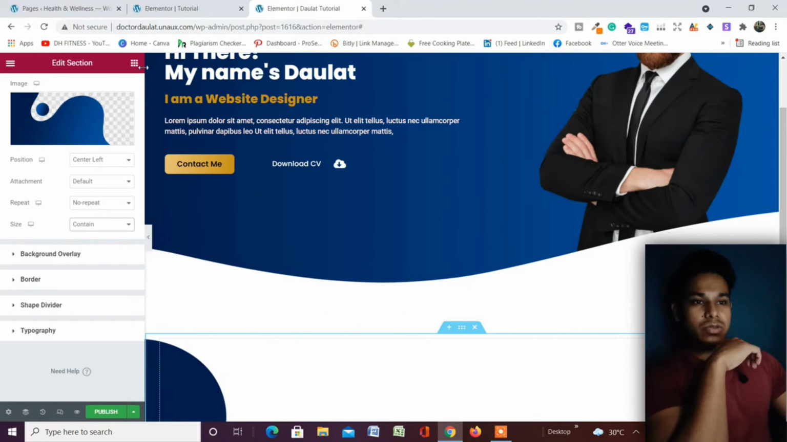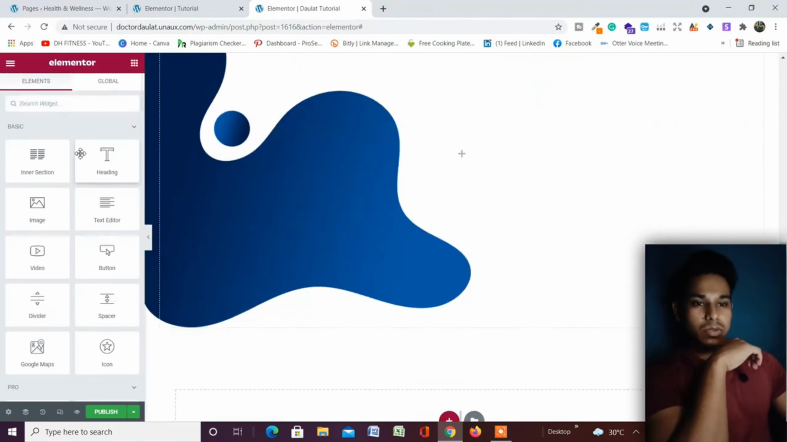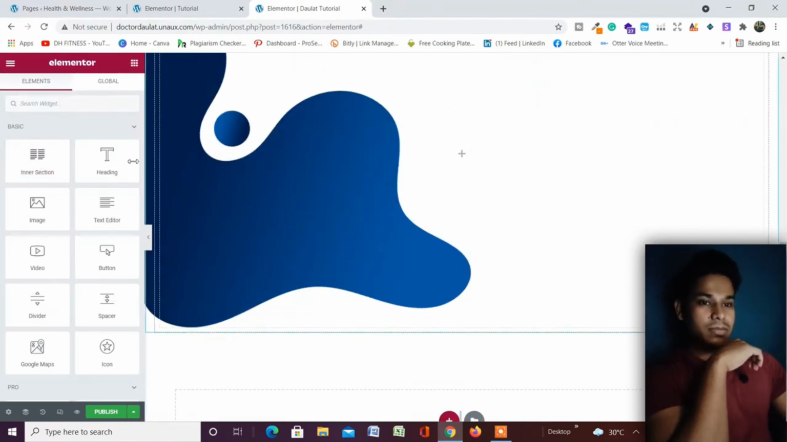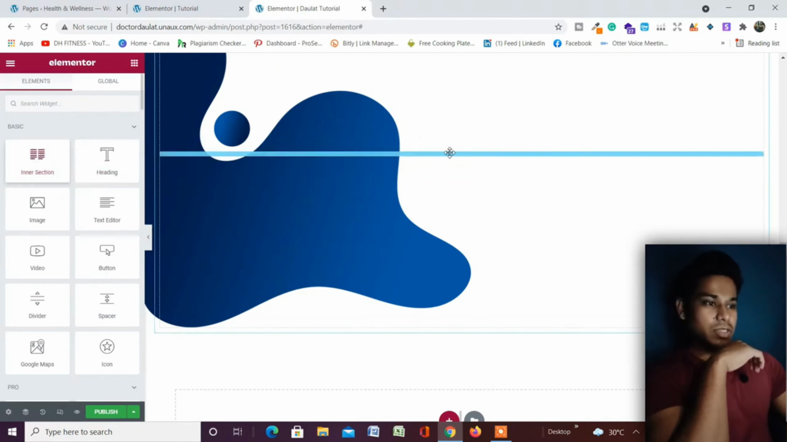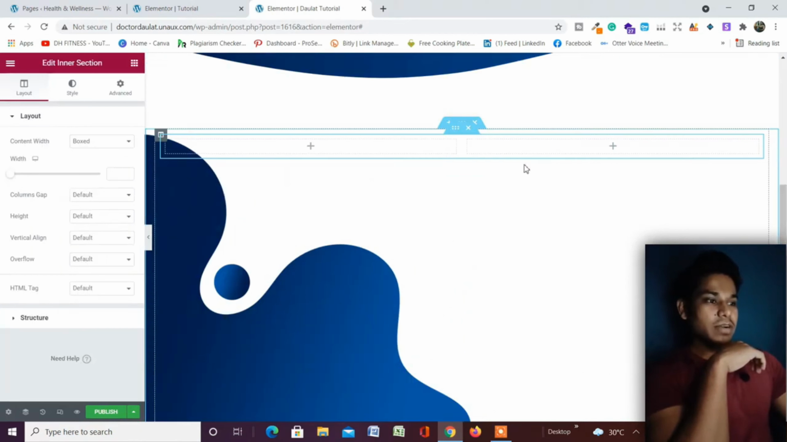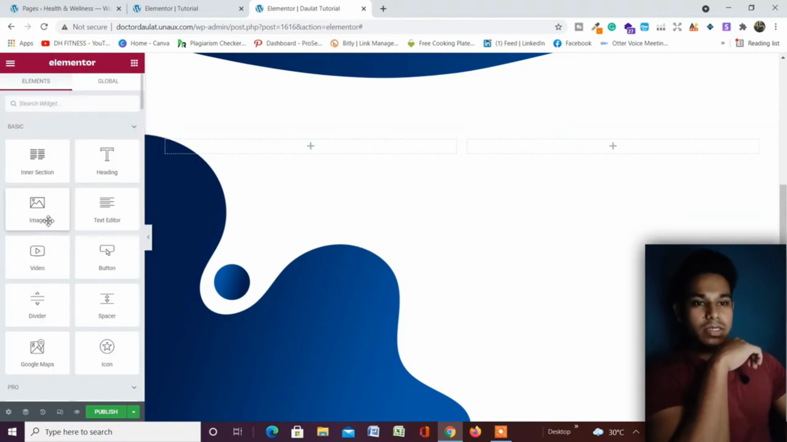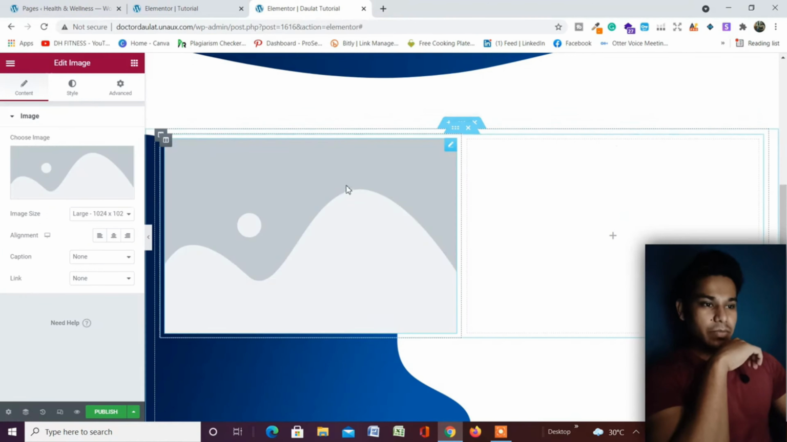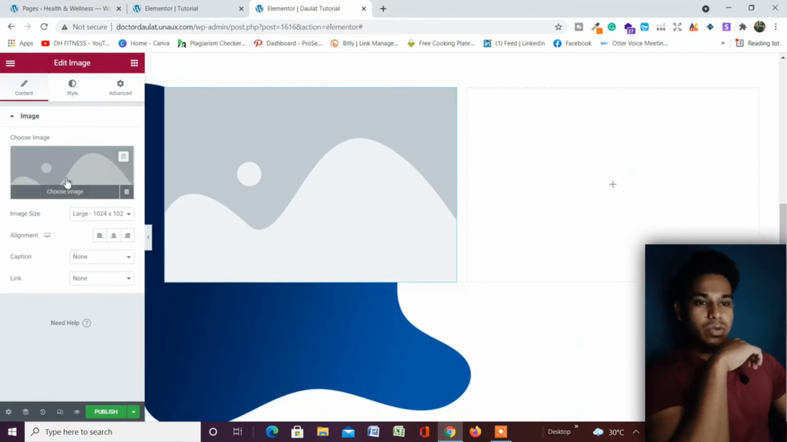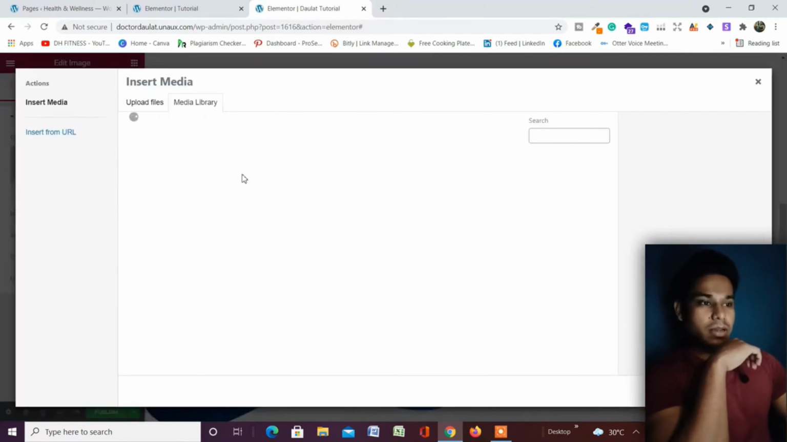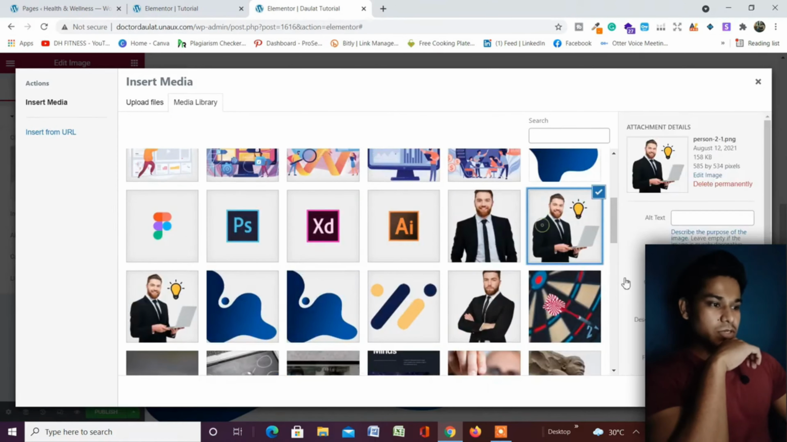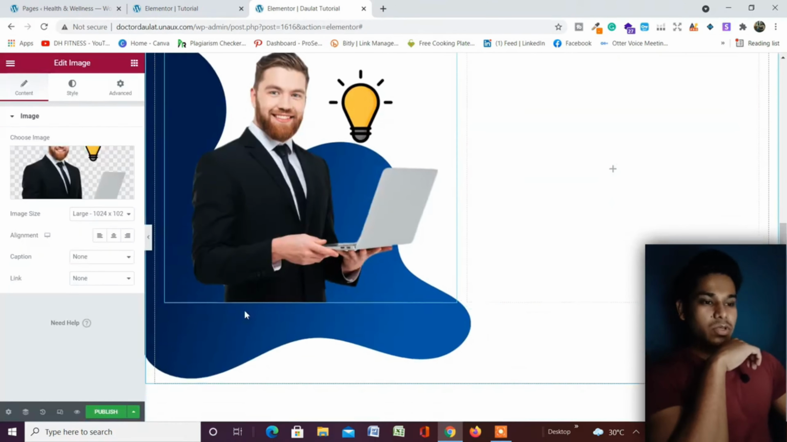Now let's add an inner section to this. So let's drag this inner section and just leave it here. So here we have two sections. In this section we're going to add an image. So let's click on this, leave it and bring it here. So we have to add an image. Click on this, and from here we're going to upload this image, and we're also going to provide a